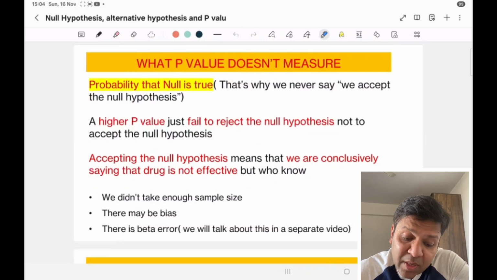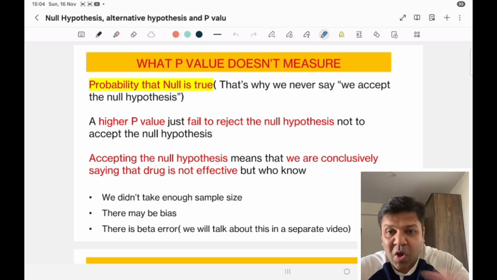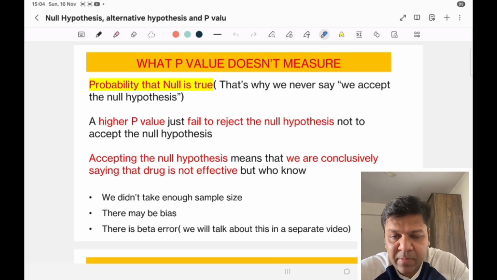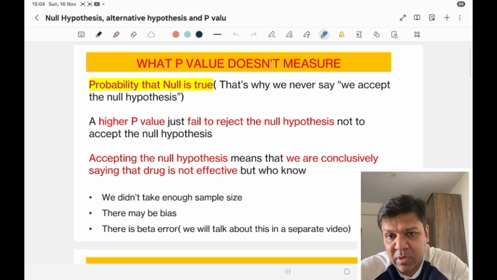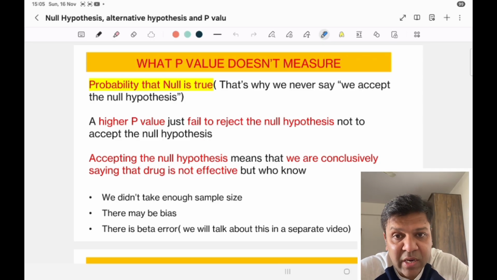What doesn't the p-value measure? The probability that the null is true. Now you may be confused: he was talking about the null hypothesis and p-value, and now he is saying the probability that the null is true. A higher p-value just means we failed to reject the null hypothesis, which is different from accepting the null hypothesis. Accepting the null hypothesis means that I am conclusively saying that the drug is ineffective. Am I saying that? No. I am saying that we failed to gather enough evidence to